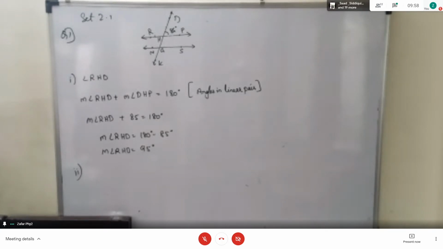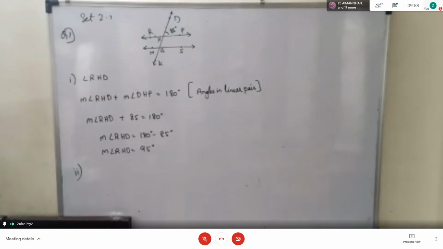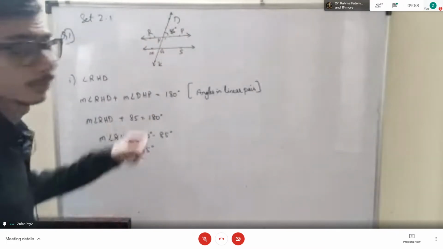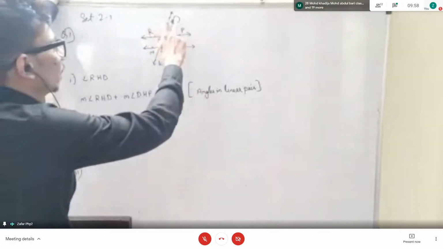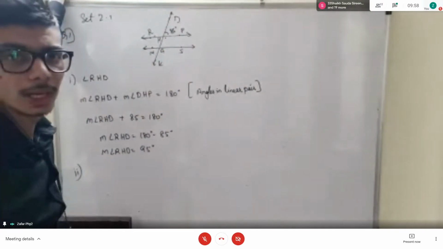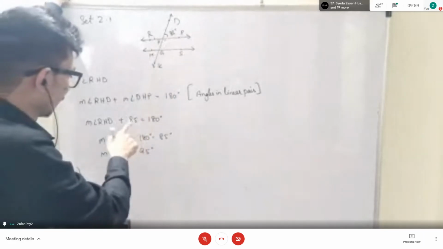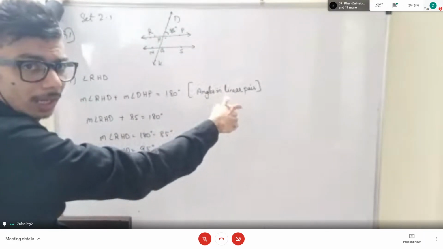Second, we have to find measure of angle PHG. मेजर ऑफ एंगल PHG, इसको निकालने के दो मेथड्स हैं. दिस वन वी आर टॉकिंग अबाउट PHG. दिस वन देखो, वन मेथड इज यू कैन सी एंगल DHP प्लस एंगल PHG, ये लीनियर पेयर बनाएंगे, बोथ विल ऐड अप टू 180. तो ये 85 है तो ये 95 आएगा, सेम ऐसे ही. ओके, सेम रीजन होगा, ऐसे कर सकते हैं आप.